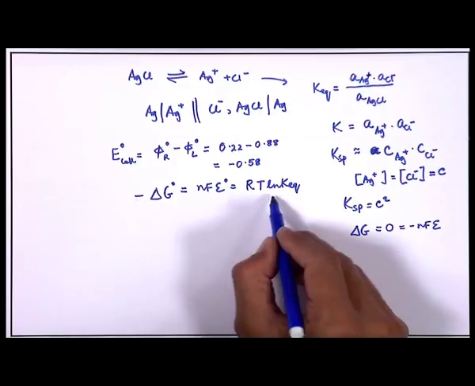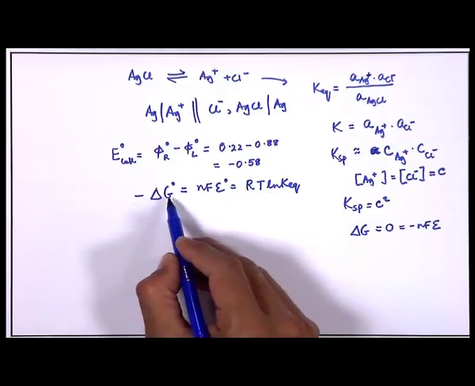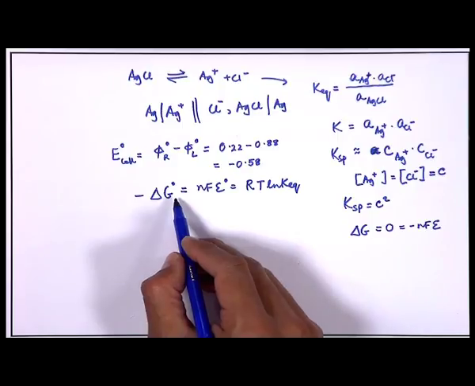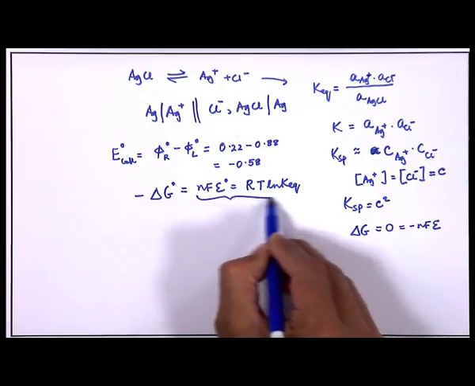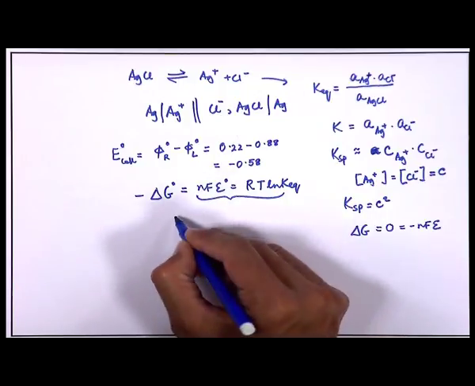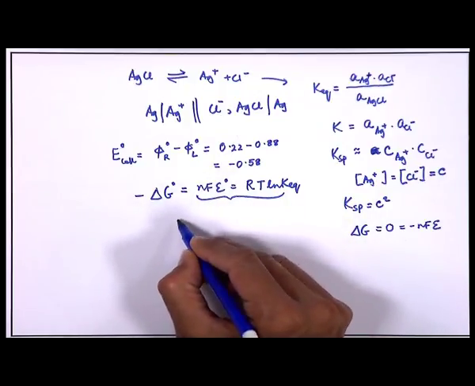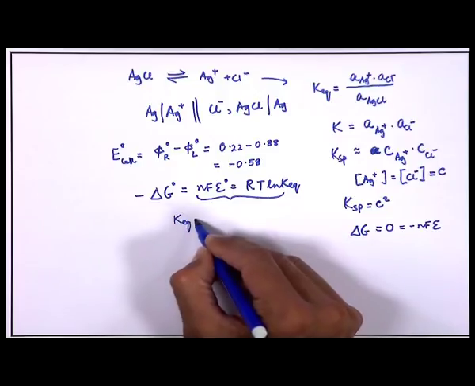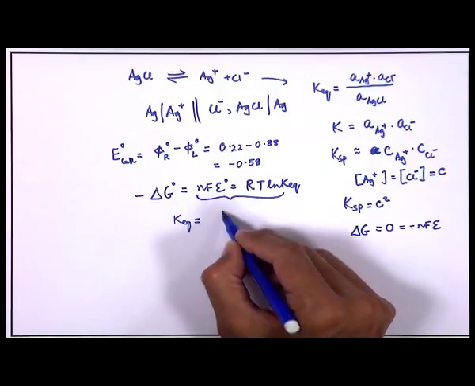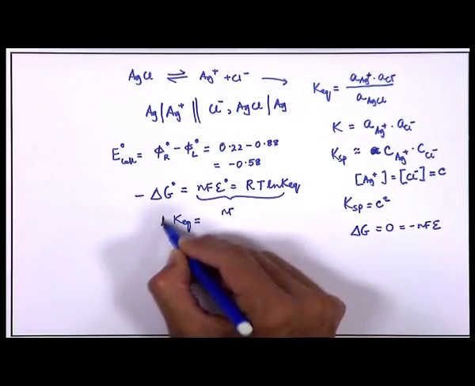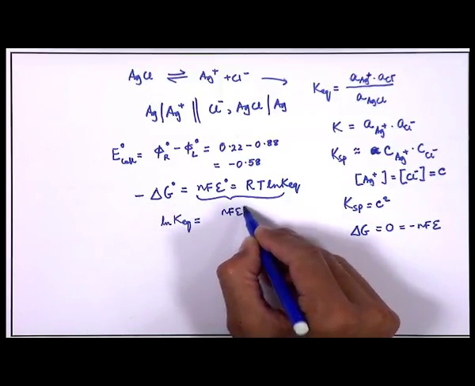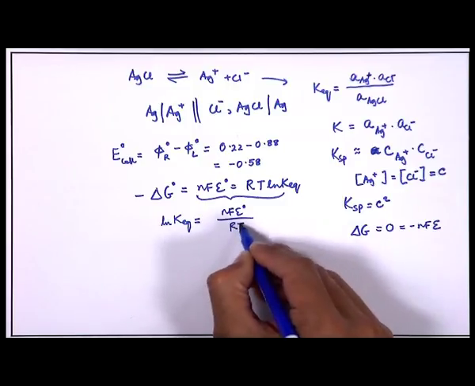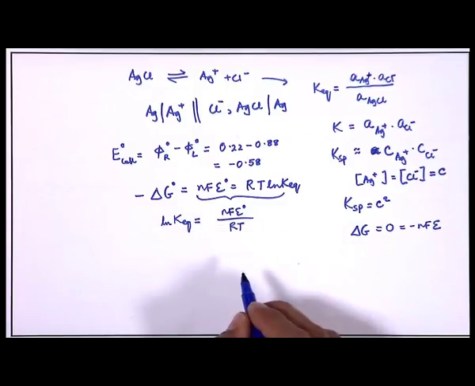So, therefore, this is equal to this, therefore, basically from E0 using this part we can write that ln K equilibrium is equal to nFE0 divided by RT,